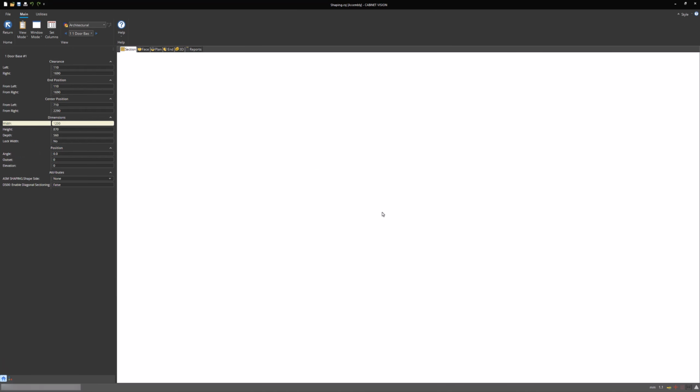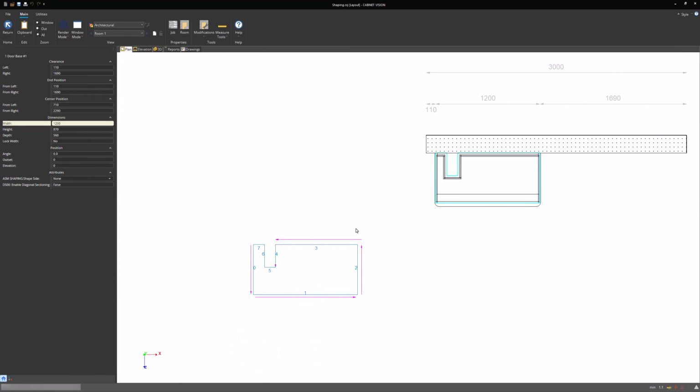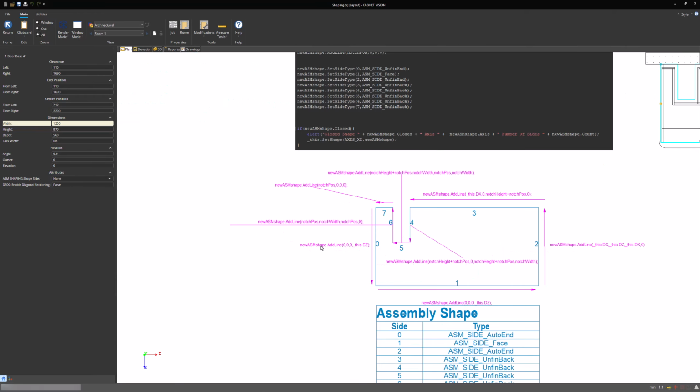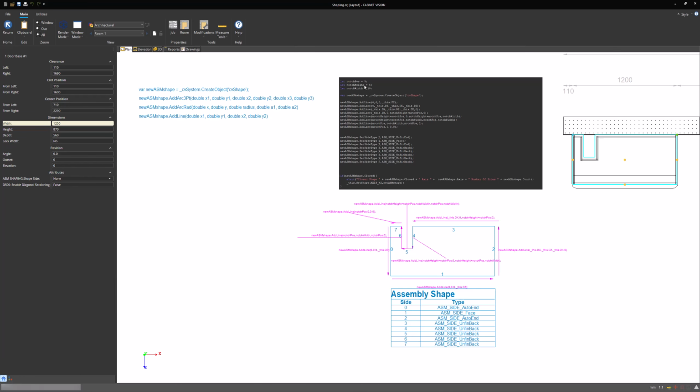Now, the way we go about building that shape is very similar to how we apply the shape to a part. So the first option that we're going to look at is where we redefine the entire shape of the component itself. So if I just take a look at the UCS, or the part of the UCS that does that, just like when we're defining the part shape, we have to move around the assembly shape in a set order. So for plan view, we start off here, and then what we do is we do new assembly shape.add line, and essentially, rather than talking through everything, we just move around the outside edge of the shape that we want to create, using for us the different values that we've put in for the notch to create the notch